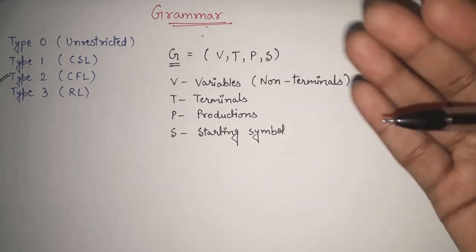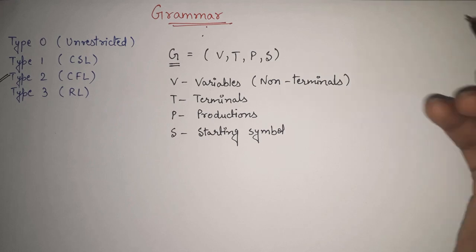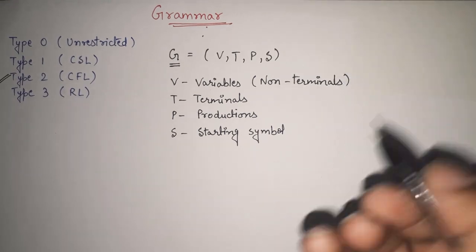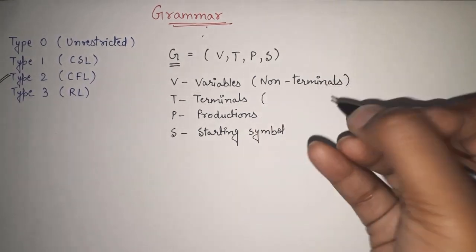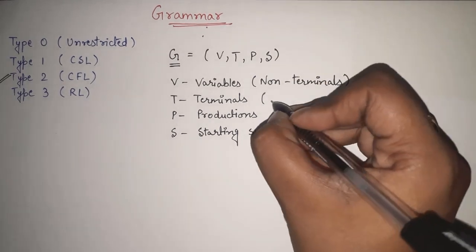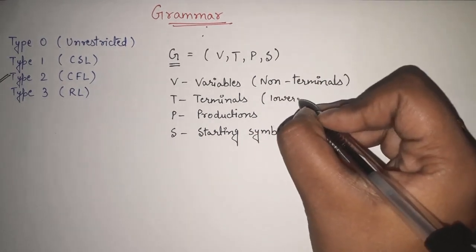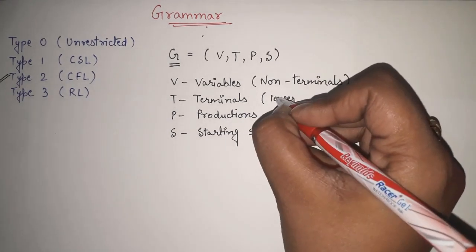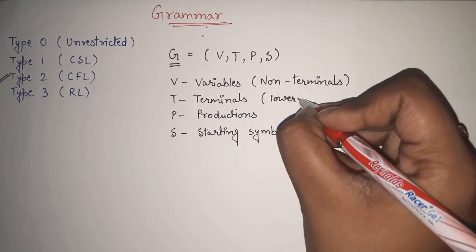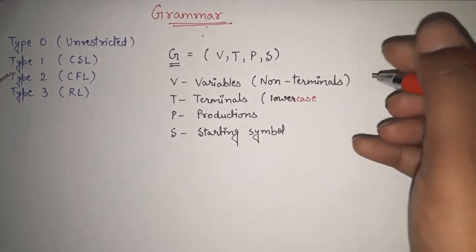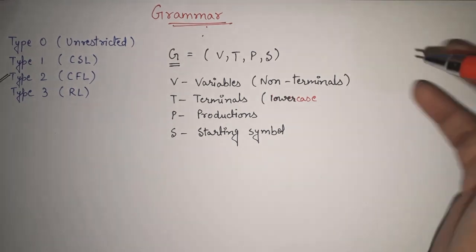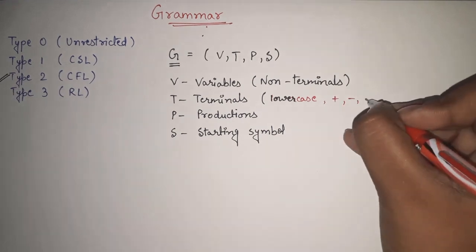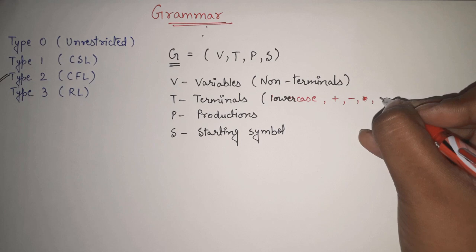So in order to remember the difference, you can remember the shortcut. What are the terminals, or which are the symbols you can call terminal? Whenever you have any lowercase alphabet, any small a, small b, small c up to small z, or any operators like plus, minus, multiply, division,